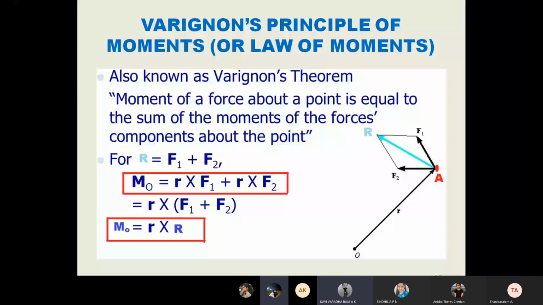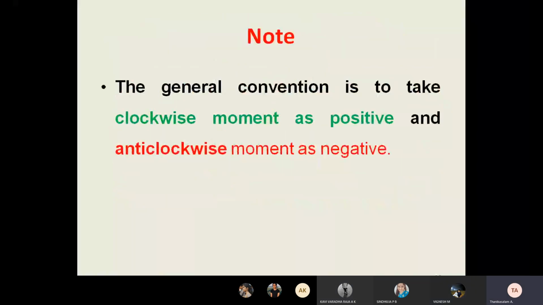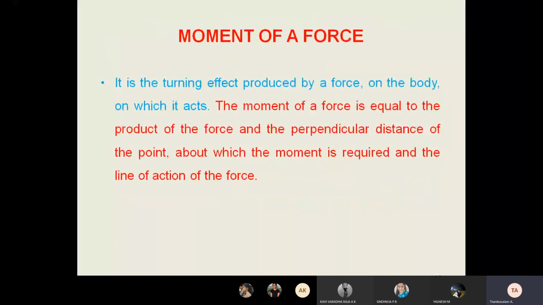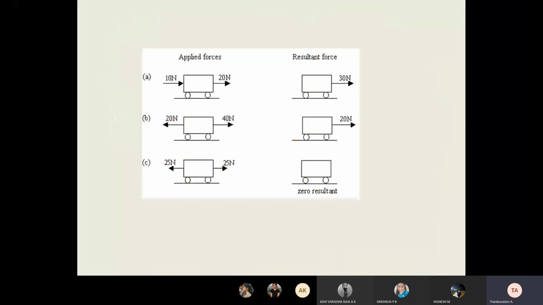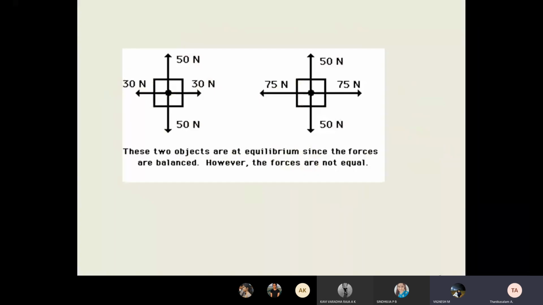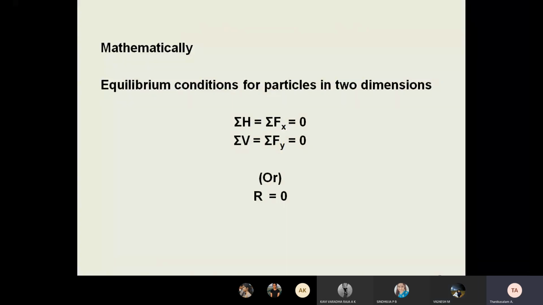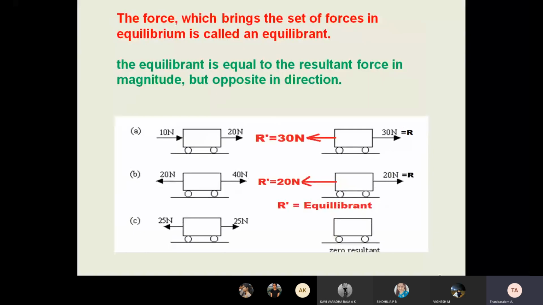Yes, sir. Okay. So today what we discussed is a very, very important topic for this engineering mechanics subject. We started with what is an equilibrium particle. For equilibrium, the resultant acting on the body must be zero. What is the mathematical equation? Summation Fx equals 0, summation Fy equals 0, summation H equals 0, summation V equals 0, or resultant equals 0. If the resultant is not equal to 0, we have to add a force. That force is called the equilibrant, for bringing the body into equilibrium. See here, the resultant is not equal to 0, therefore I apply a force in the opposite direction. That R is called the equilibrant.